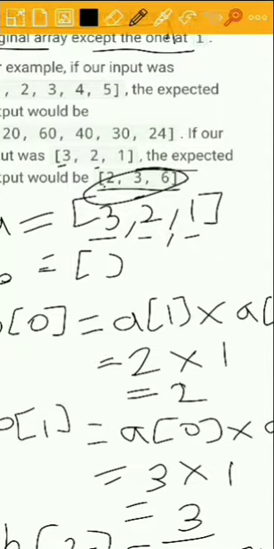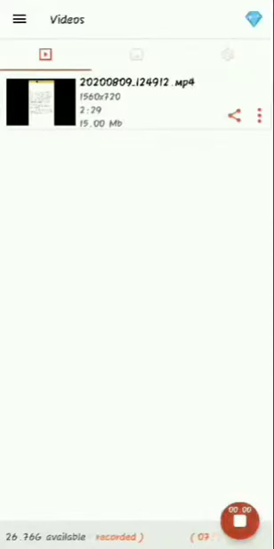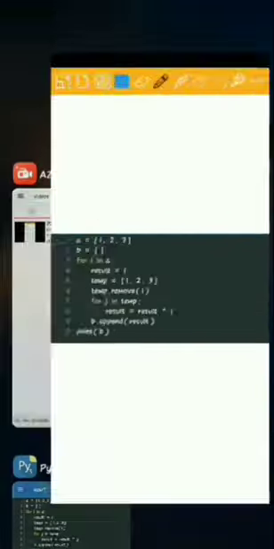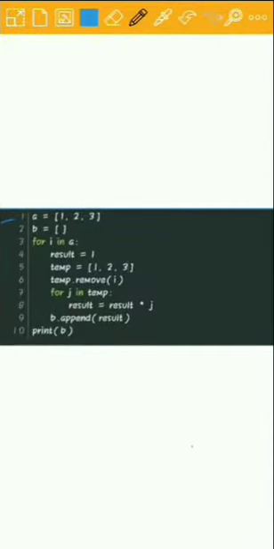Let's solve this problem using Python. This is the Python code for the problem. At line number 1, we are creating a list A with values 1, 2 and 3, and at line number 2, we are creating a list B which will contain our output.